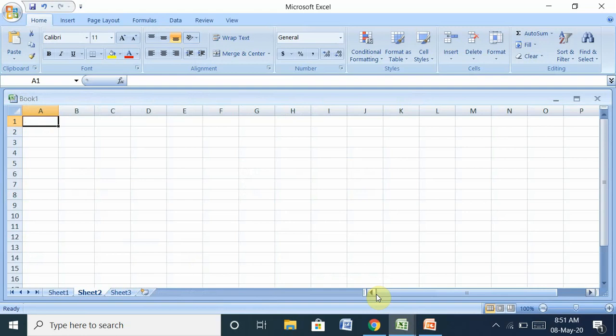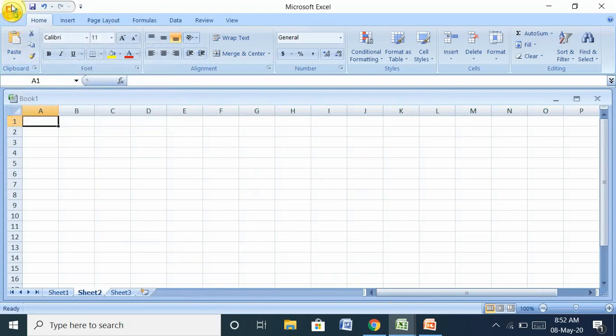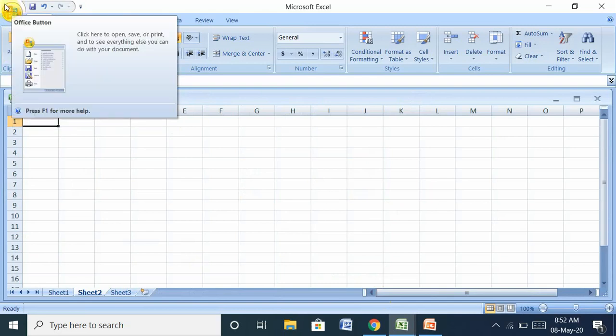Next, we tell about the spreadsheet. This is your Office button. What are the uses of the Office button? In the upper left corner of the Excel 2007 window, the Microsoft Office button appears.